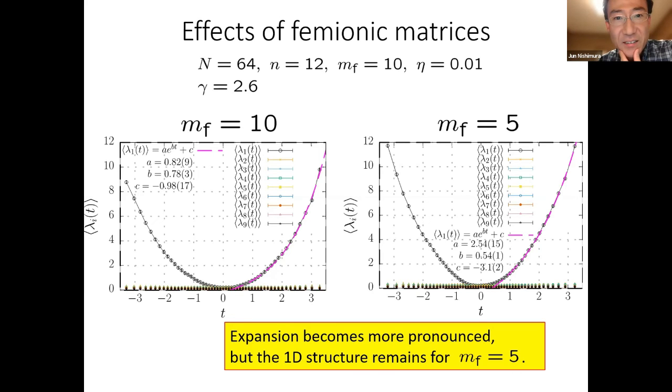Toby raised his hand. Okay, Toby. Hi, Jun. How are you? Hi. That was a great talk. Thank you. Just maybe following up on that question, 't Hooft conjectured this relationship between large N Yang-Mills and string world sheets. So could it be that the 2 dimensions you're seeing is somehow some effective string world sheet? Or maybe that's why you see it in the bosonic case as well. I see. I don't know. It's just a guess, but